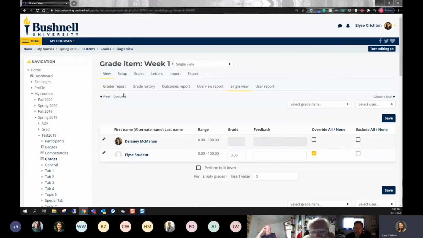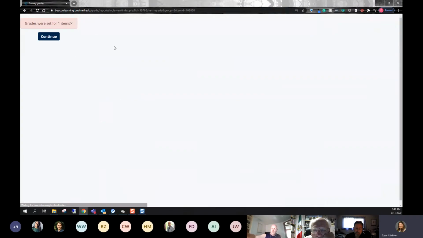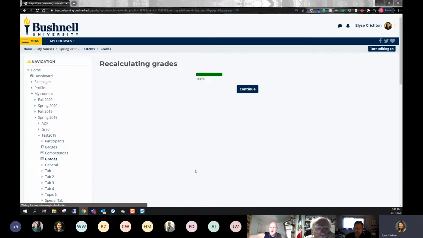I've made this a 0 from the grader report view. You'll see it now has an override checkbox on that student and on that activity. So now if I go into this week 1 assignment and try to grade it from the assignment itself, it won't populate here. It won't update automatically. What you would need to do is uncheck it and hit save. And now it will reconnect the auto grading, if you will, from the in-activity grade.